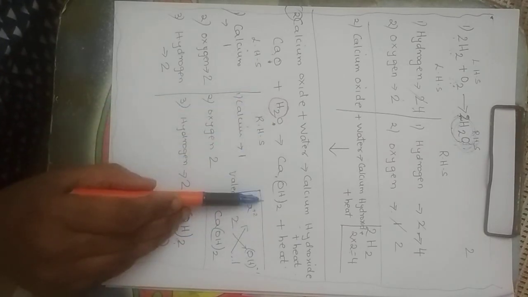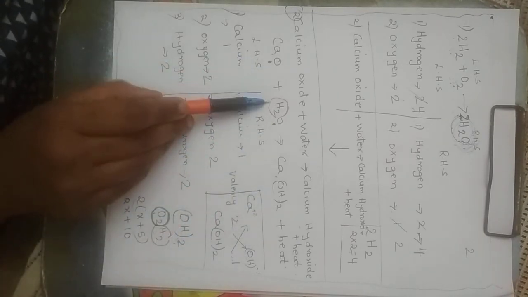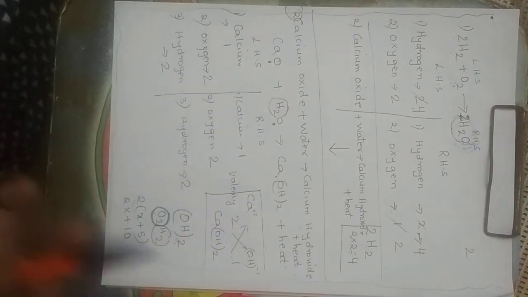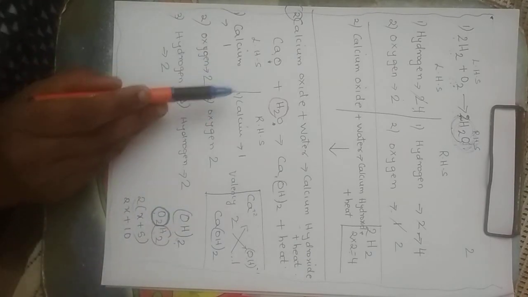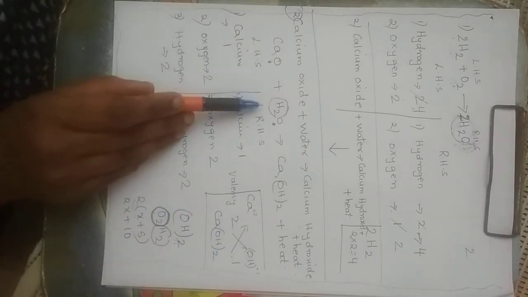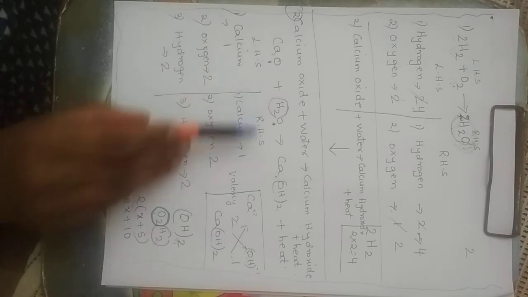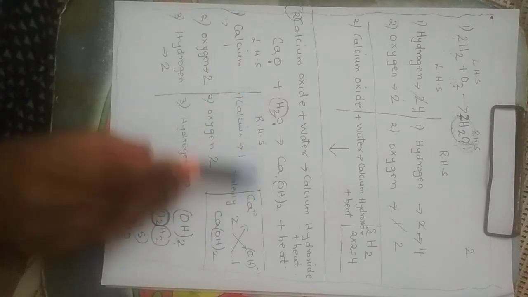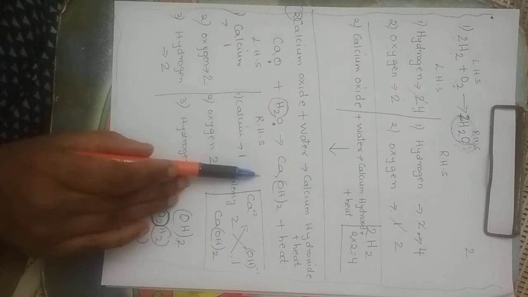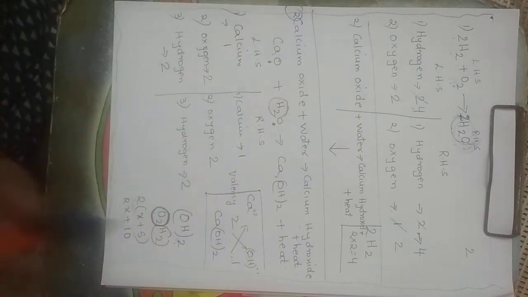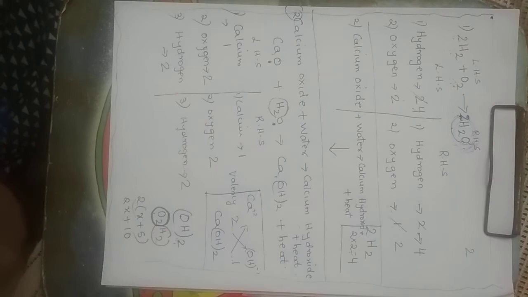Okay. So the mass of the reactants is equal to the mass of the products, which is also known as a balanced equation. The number of atoms of each element should be equal on either side. Either side means what? Right or left. This is also called a balanced reaction. These are the three ways of expressing a balanced reaction.